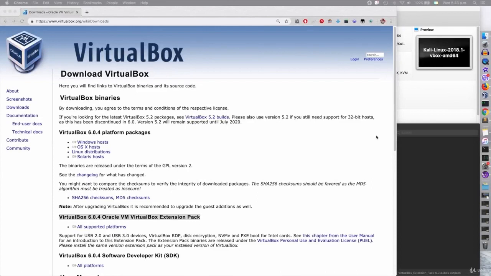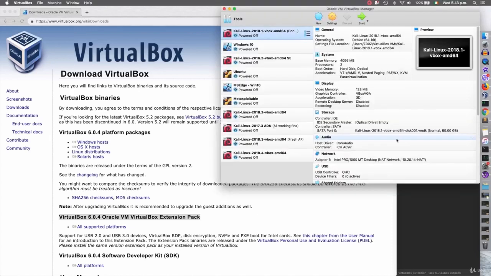And this is what I actually do. So you can see I have my host machine running OS X, and I never use this for hacking. But right here I have VirtualBox, and as you can see I have a number of operating systems installed on it, and I can literally start any of them by selecting the one I want and just click on start. Now don't worry about this, I will show you how to install these virtual machines as we go through the course. But what you need to do right now is